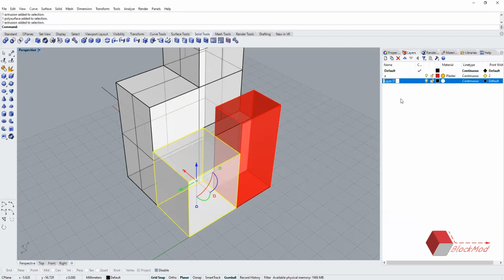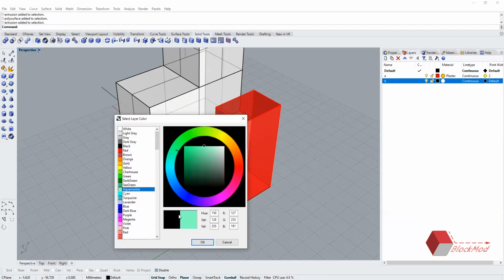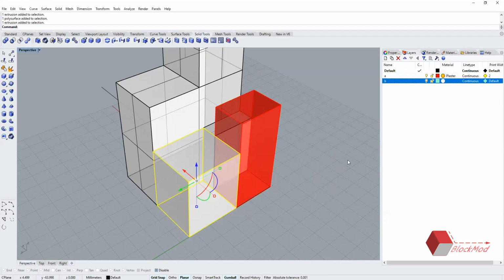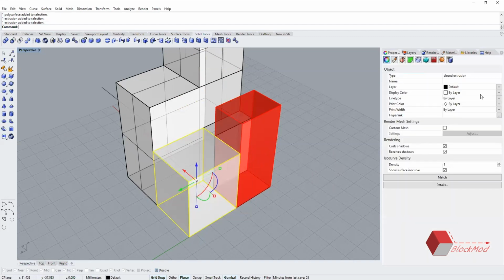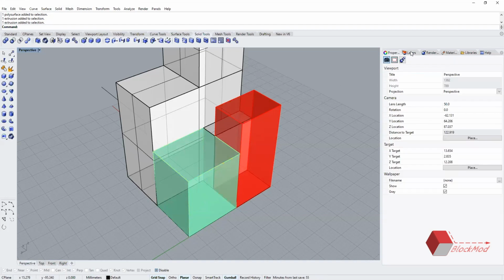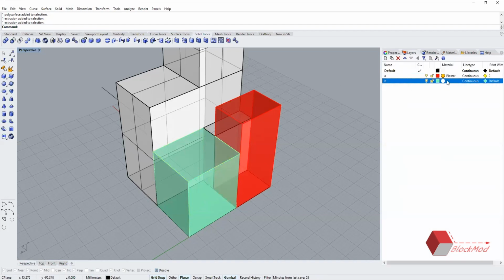Say a new layer, B. I'll assign a color to it. Properties. So I went to properties. There's an object property, so whatever object you select, only that object's property will be seen. I shift that layer to B. Yeah, there you go.